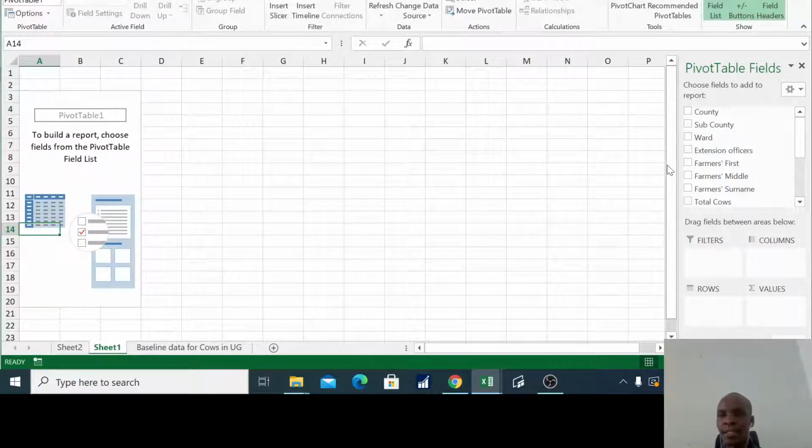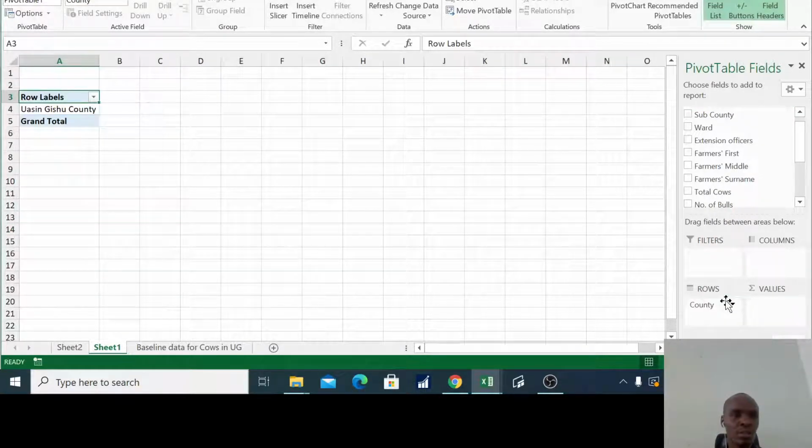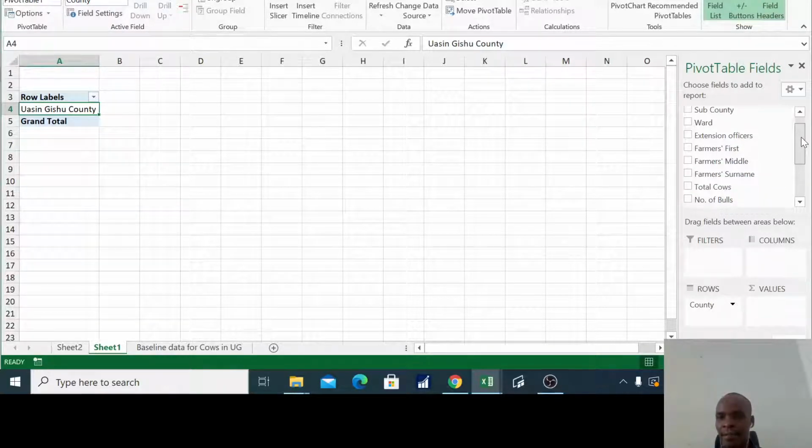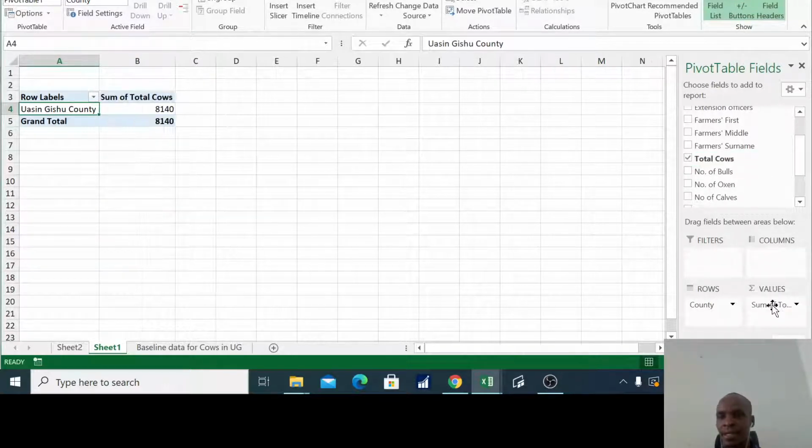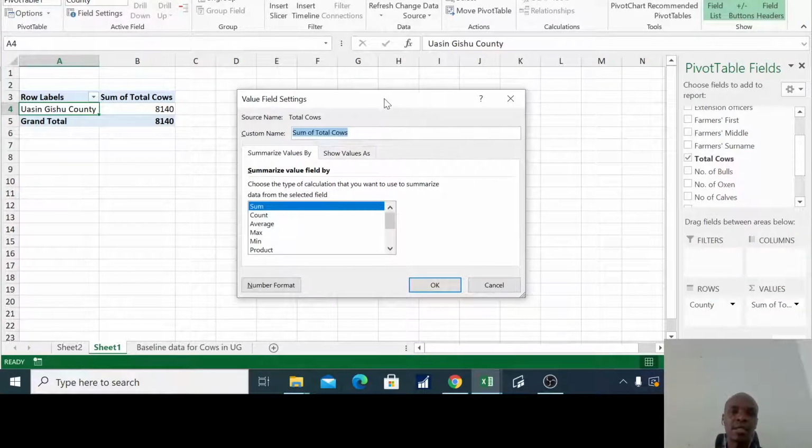In this case we said we want to know the total number of cows in the county, so we will pick the county to form our rows. When you drop it, since in the data set we have only one county, then one county will be showing. Then the other thing is I want to get the total number of cows. So I'll pick this and drop it there and make sure that it is actually doing the arithmetic that we want. Sometimes we can